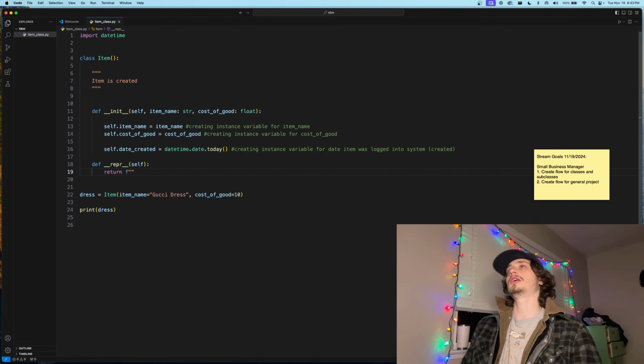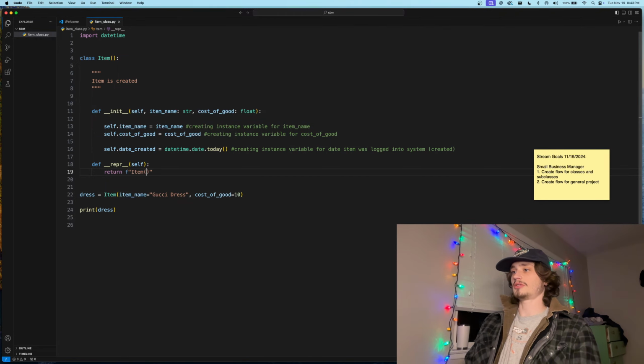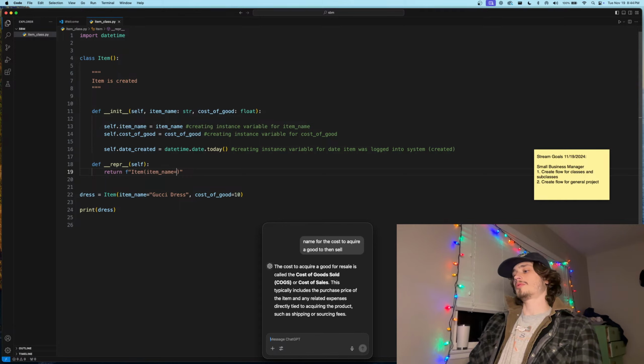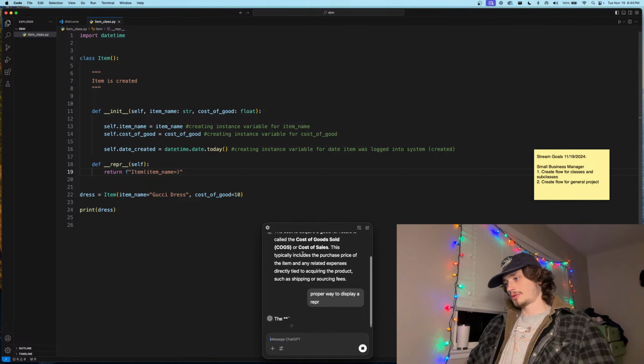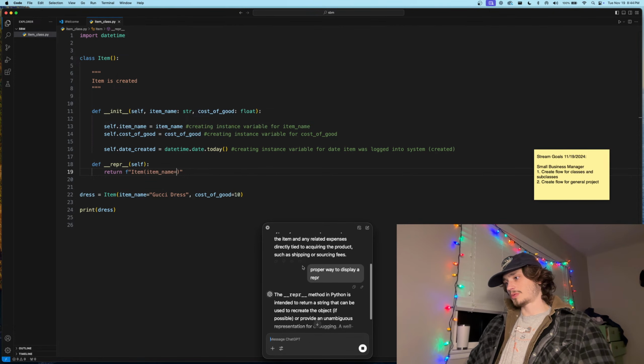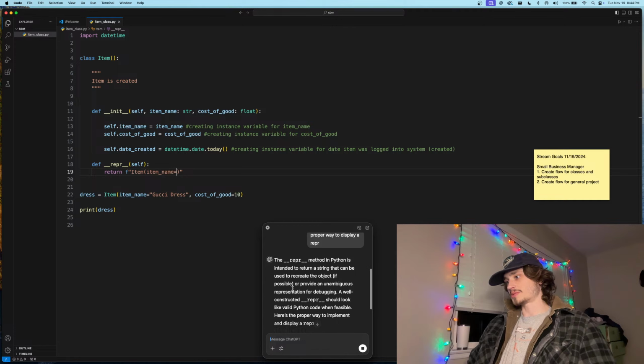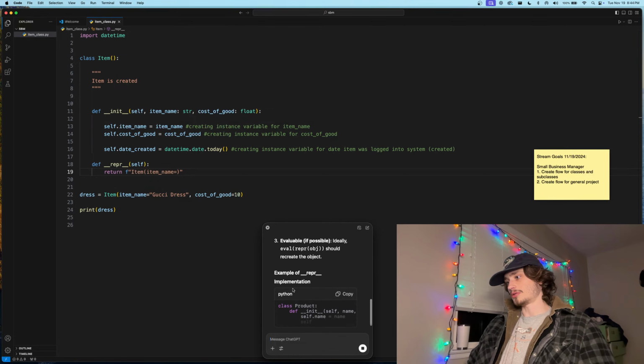If we just want to represent it in bare bones terminology, item, I think we'll just represent it literally as it is. What's the proper way to display a repr? A repr is intended to return a single string used to recreate the object if possible, or provide an unambiguous representation for debugging. Right, so